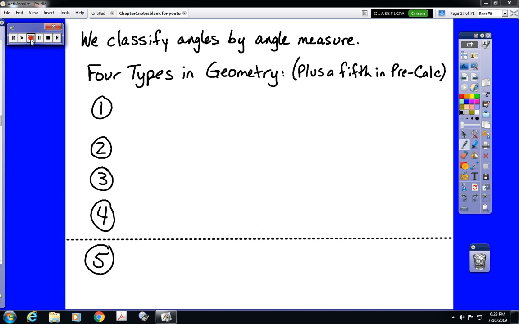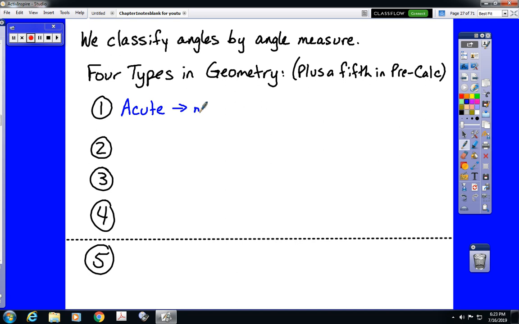We measure angles, and when we measure angles, we name them based on their angle measure. That's one way to name a triangle, in fact, which is something you should have learned in middle school. There are 4 that we're going to use in geometry, plus there's a 5th that might come up when you get to pre-calculus / trigonometry. So those 4 types, the first 3 you should definitely know. Acute,